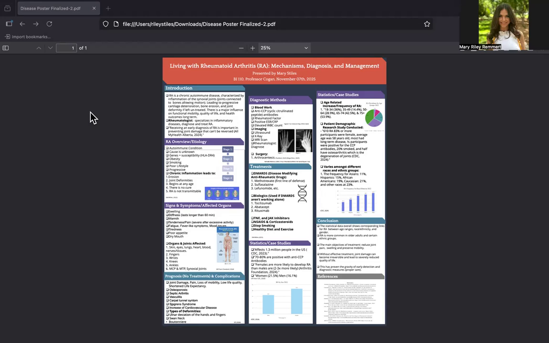To conclude this presentation, even though RA is a lifelong disease, early diagnosis and treatment can significantly improve the outcomes and help prevent long-term joint deformity and disability. With many modern treatment options available and a healthy lifestyle, individuals with RA are able to continue working, staying active, and maintaining daily function. I also included a complete list of all of my